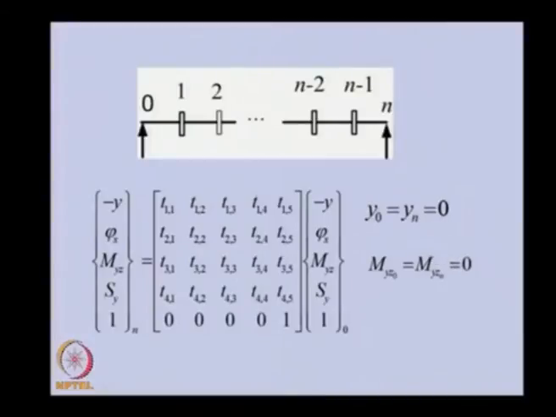So, these are the boundary conditions of the system, so we can apply them. This is 0 here, this is 0, then the bending moment is 0 at both ends. Now, you can see that we can take out the first row and third row, because on the left hand side, which is a vector, we have 0 values in these entries.